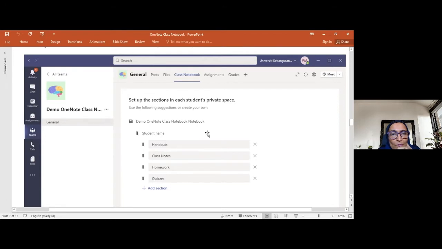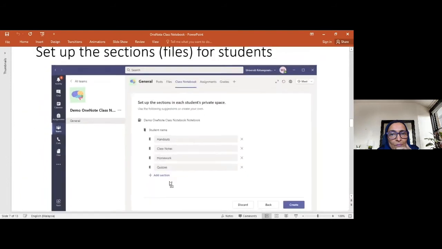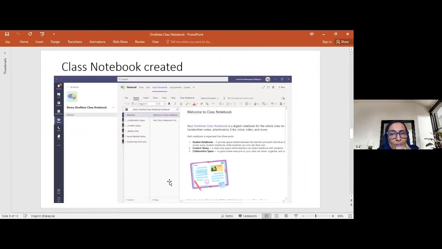For the students notebook, you would probably like to have handouts, class notes, homework, and quizzes as subsections, so that you can allocate your teaching materials and assignments accordingly, and they can find the materials in the particular sections. That would be the last step for the creation of the class notebook.